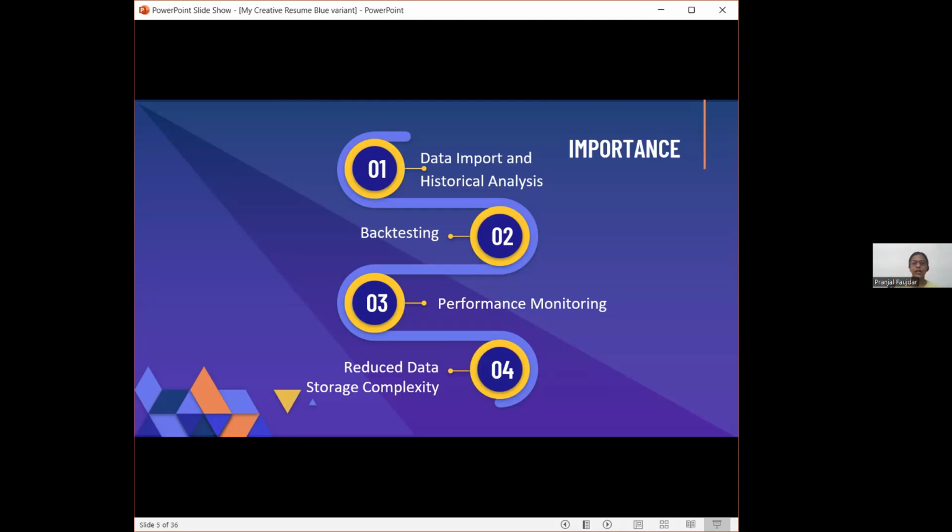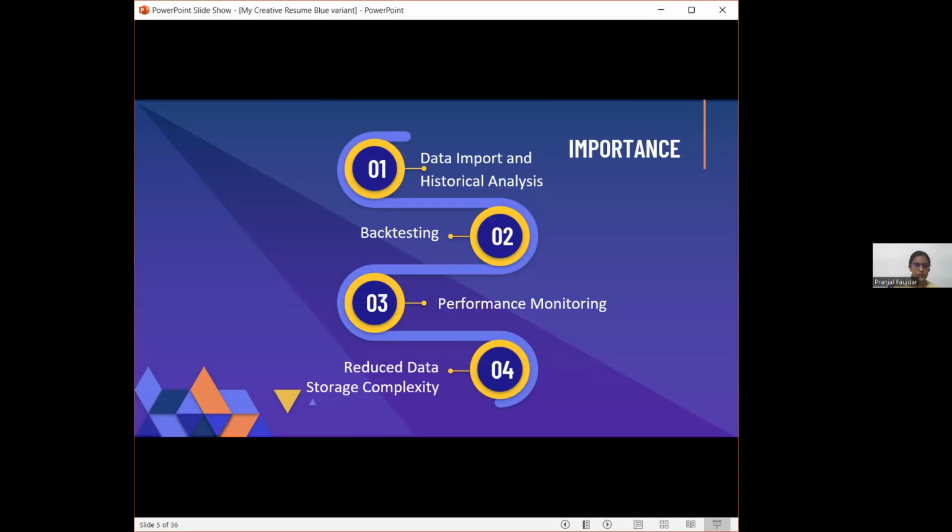CSV files containing historical data can be easily processed to perform technical and fundamental analysis, which helps to visualize what the data is. Next is backtesting. By reading these files, traders can conduct backtesting to evaluate how their trading strategies would have performed in different market conditions.